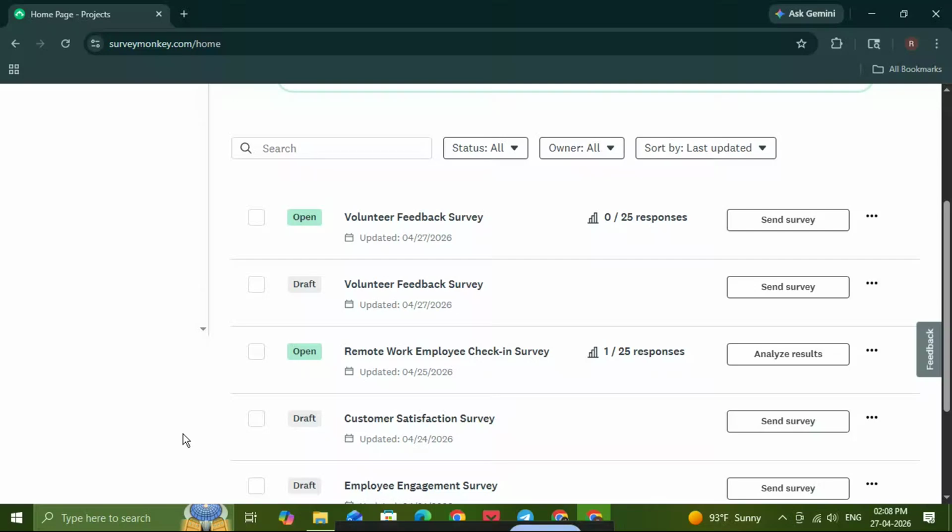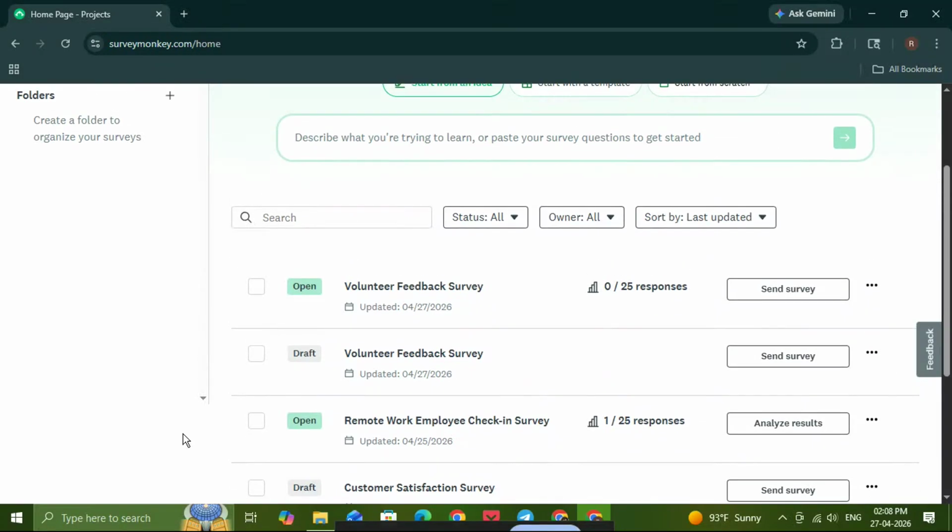In this video, I'm going to show you how to insert a video in SurveyMonkey step by step so you can add rich media to your survey and make it more engaging for respondents. This is a simple process, and once you know where to click, you'll be able to do it in just